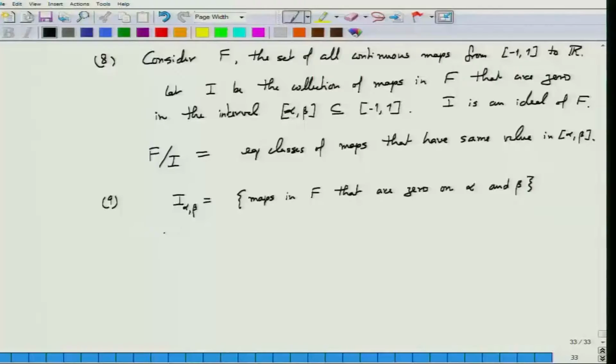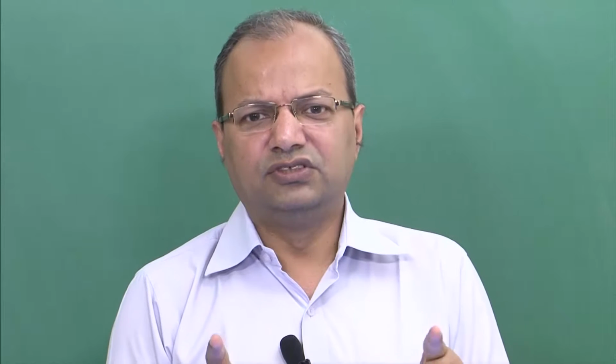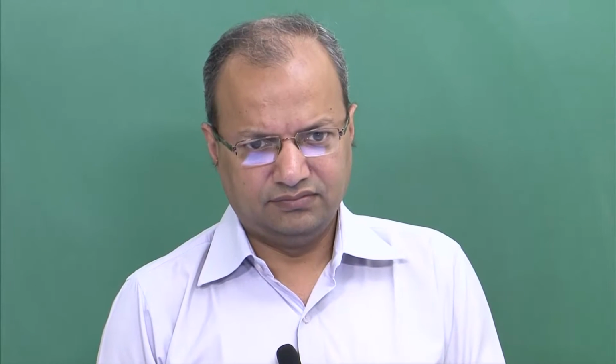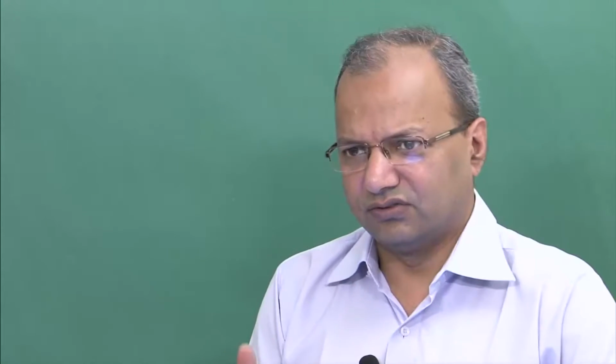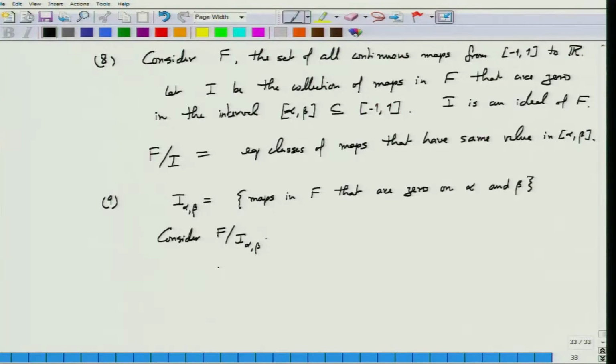So I can consider... I have quotiented this ideal. How does this ideal look? This has all the maps that take the same value on these 2 points, alpha and beta. Or rather, it collects the equivalence classes, and these are those maps which have the same value on the points alpha and beta. Okay. Now notice that I alpha beta I can write as